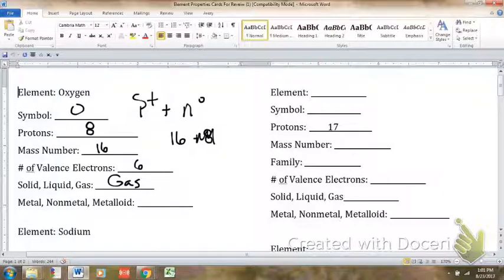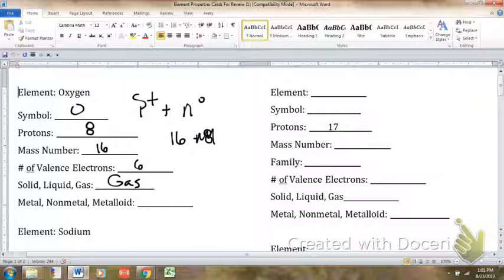If it has a black chemical symbol, it is a solid. Now I have solid metals and I have solid nonmetals, and you have to know if it's on the left of the dividing line, it would be a solid metal, and if it's to the right, it would be a solid nonmetal. So since oxygen is a gas, I need to determine if it's a metal, nonmetal, or metalloid,